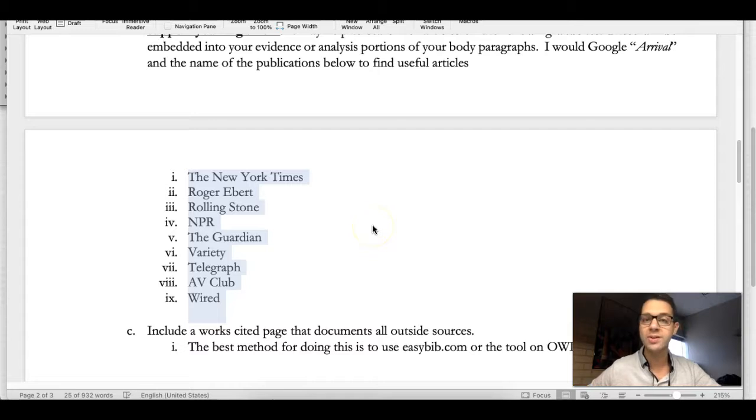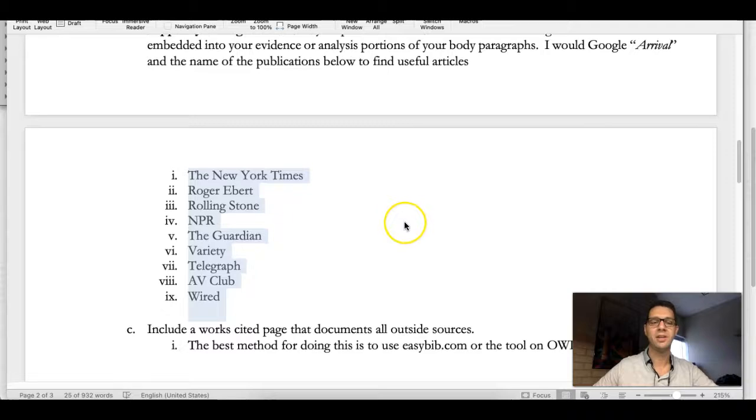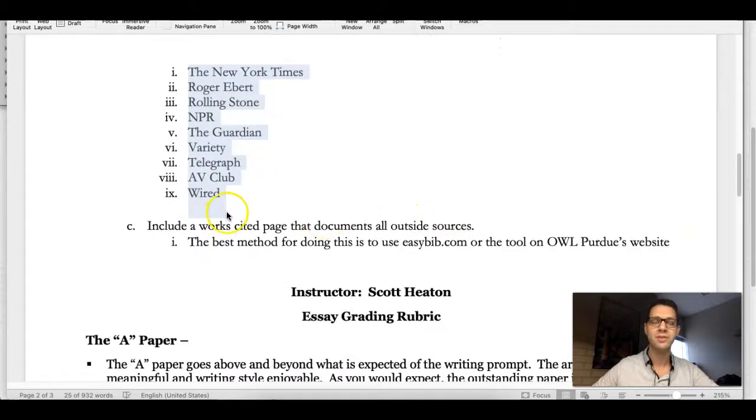If you find quotes that look really good in those articles that align with your opinion, then grab it, embed it into your paper, and make sure that you give me an in-text citation and a works cited citation. If you have no idea what I just said and that terrifies you, don't panic. Find a quote. We'll talk about MLA coming up soon when I send out some more videos. Make sure you include a works cited page.